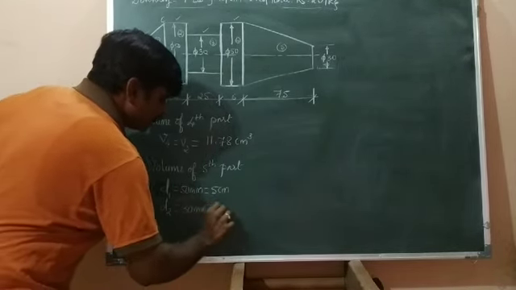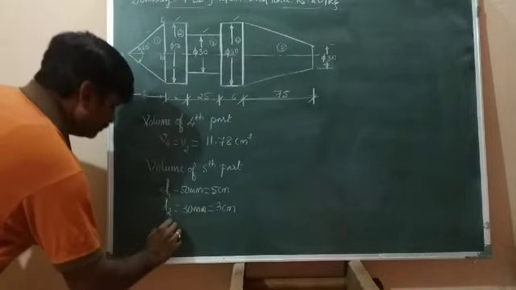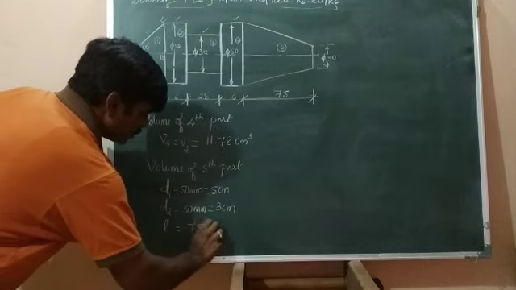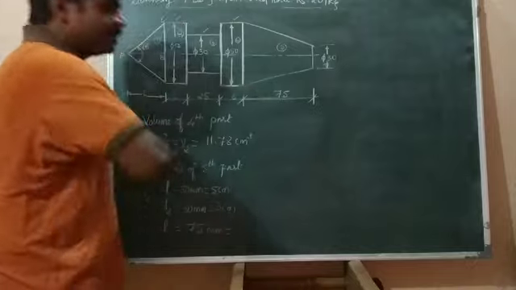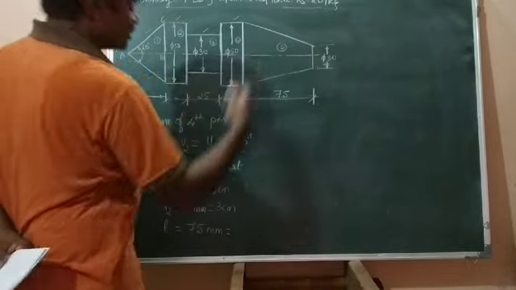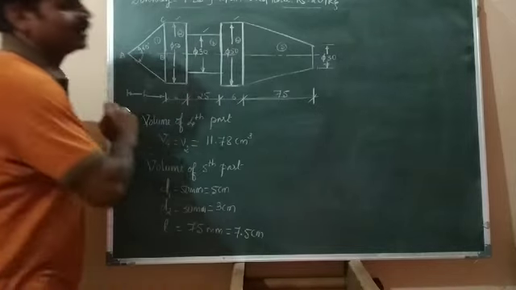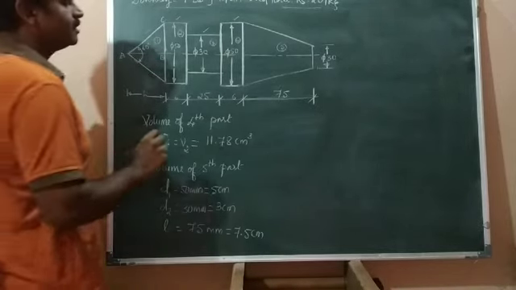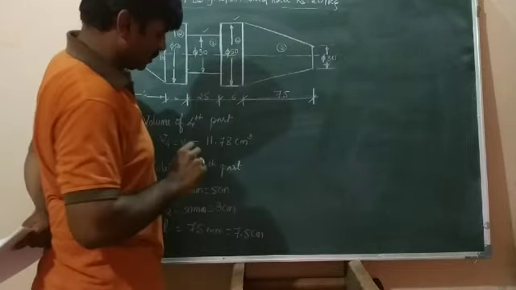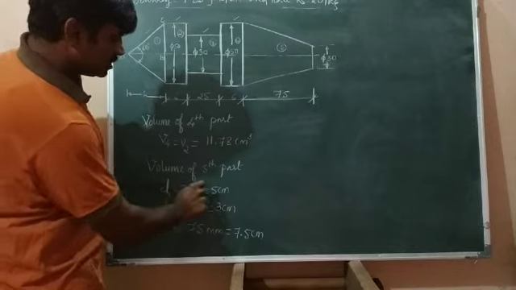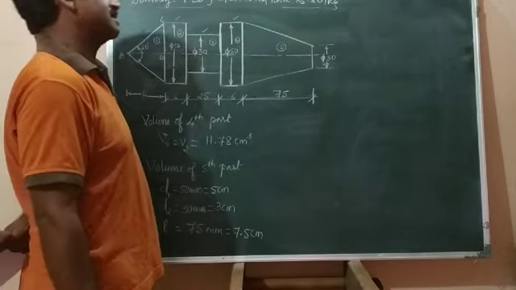So in terms of centimeter, 3 centimeter, and it is having a length 75 mm. So we require the value in terms of centimeter only. Why we are converting in terms of centimeter? So just we'll come to know here, 7.5 centimeter. Okay. So we have taken the data related to that particular fifth part, that is frustum of cone. So one is D1, that is 50 mm, 5 centimeter, D2 3 centimeter, and length 7.5 centimeter.